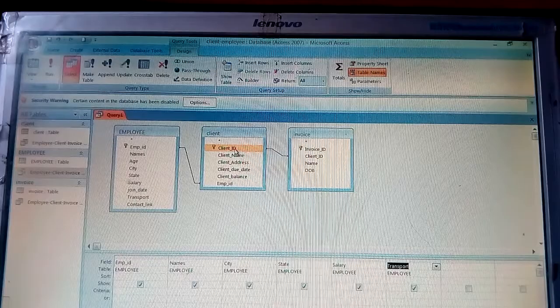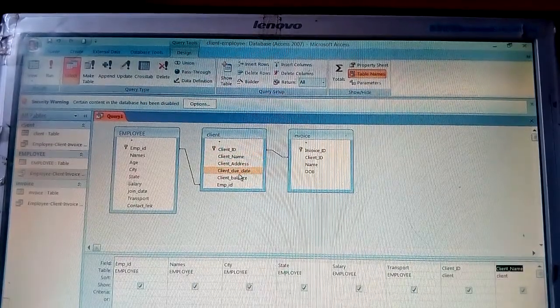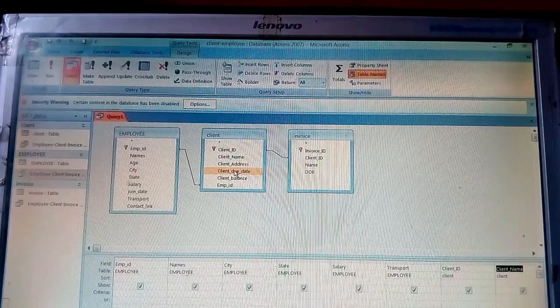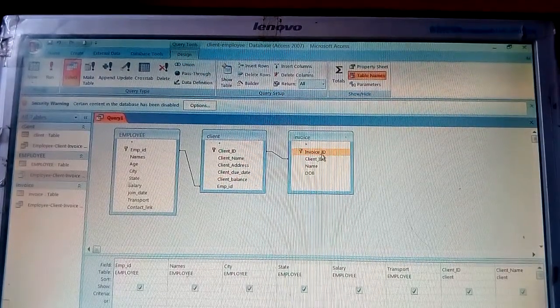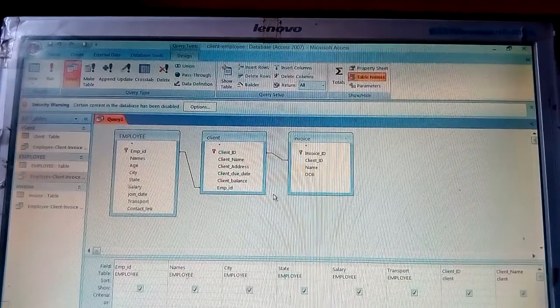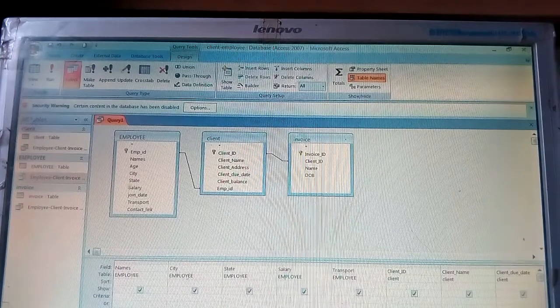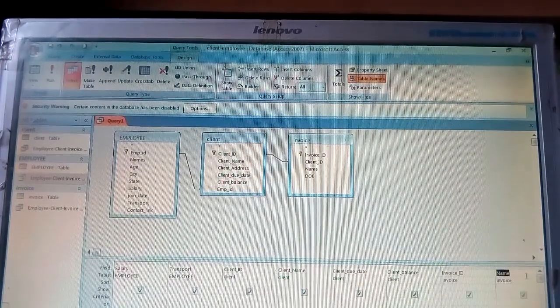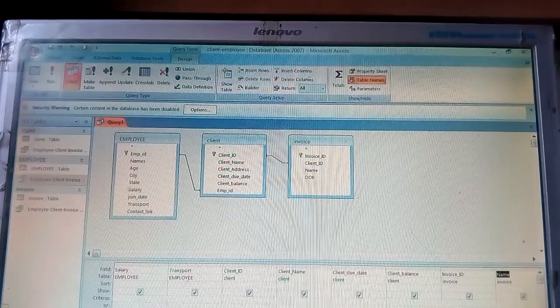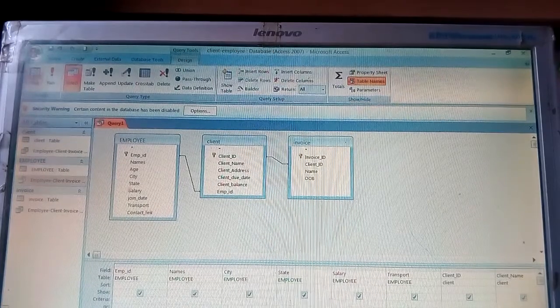From here, suppose client ID, then client name, due date or balance, and here invoice ID and name. So these things we have done up to here: invoice ID and name. Now you can see the result.